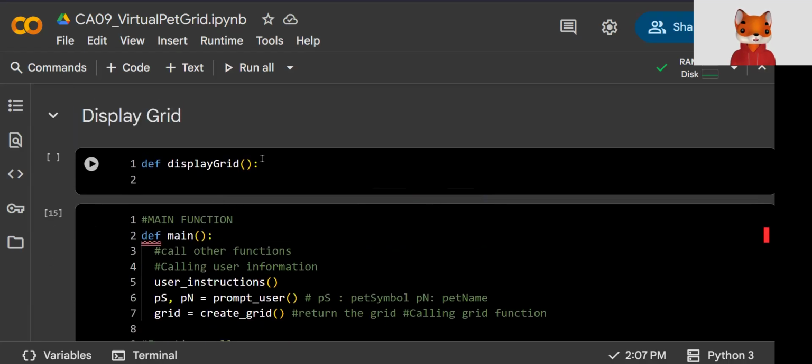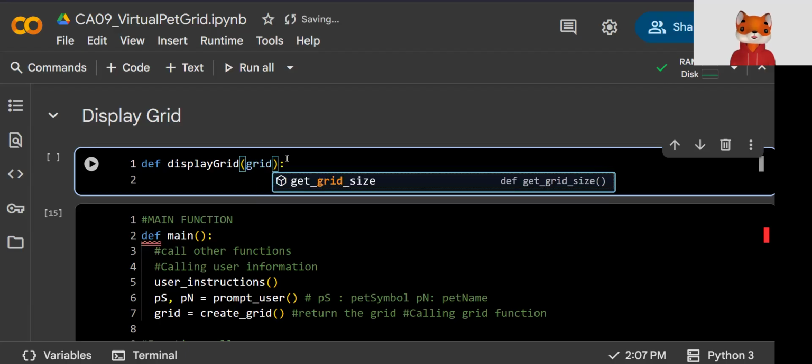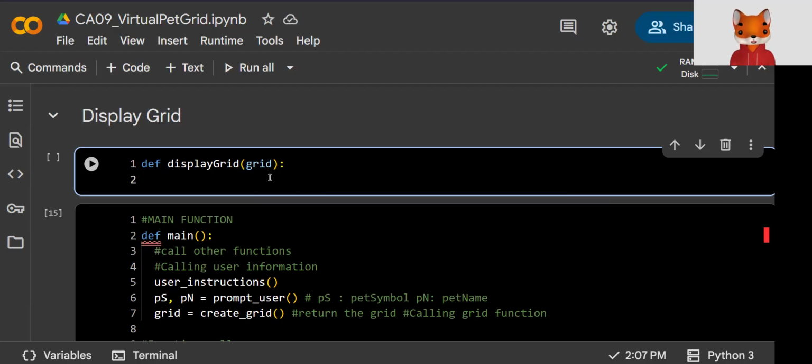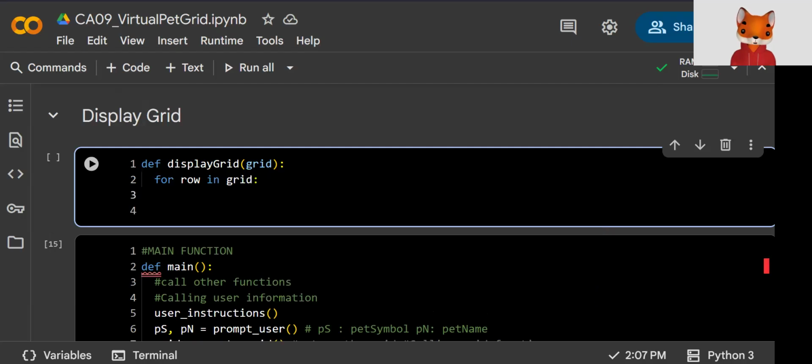Since this function is requiring the grid, I'm going to create that variable grid right here so that the value gets passed in and stored into this variable called grid. And I know that in this function, I'm going to be using grid. So I'm going to say for every row in our grid, our list here, and for every cell inside of that grid,